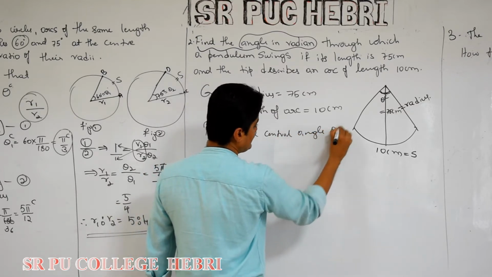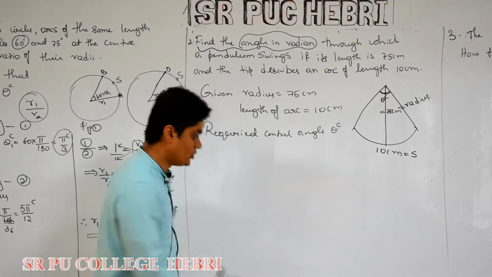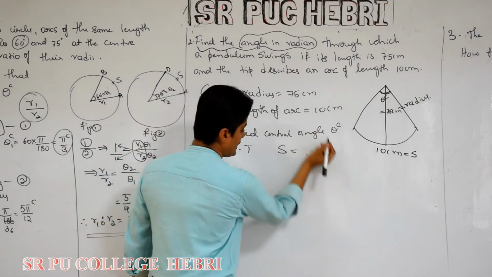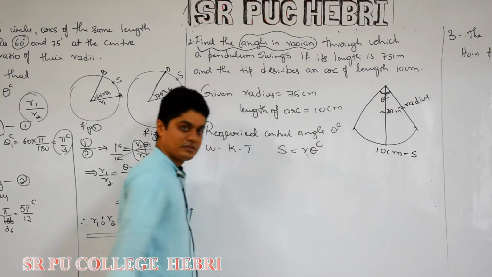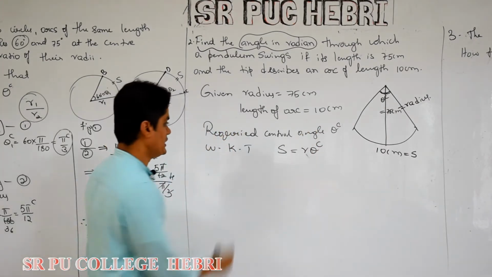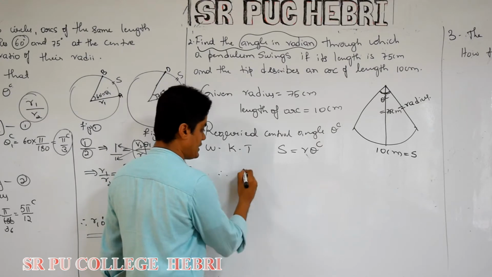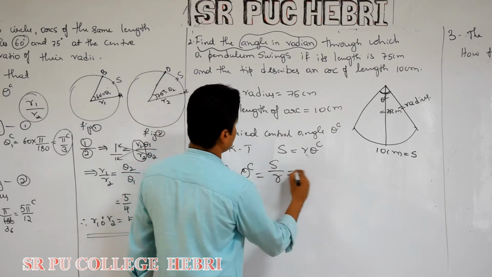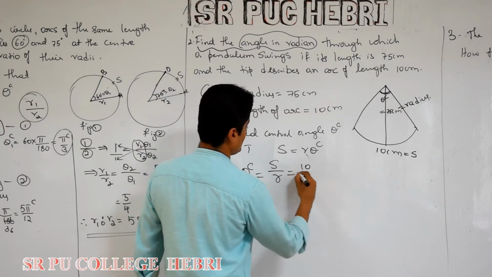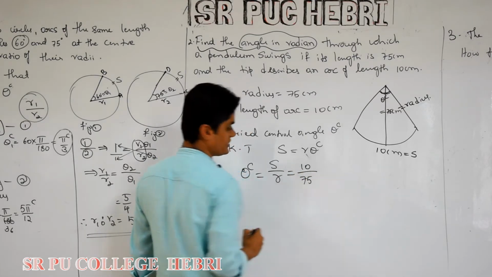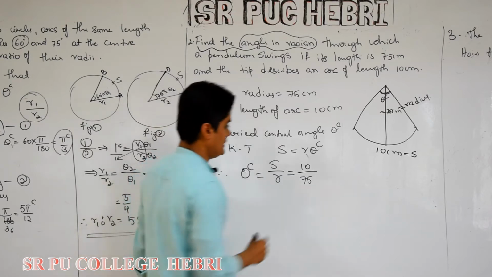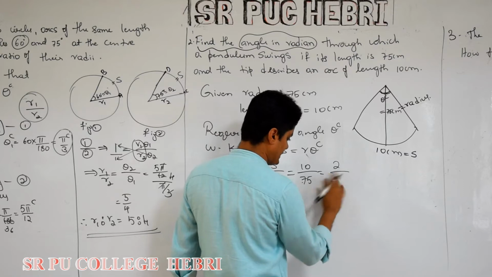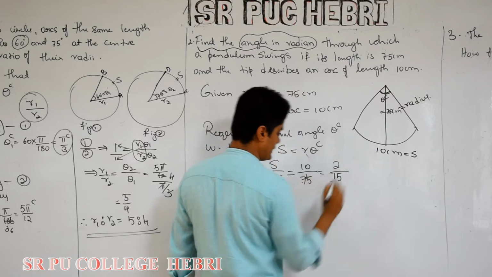And theta radian. What do we know? We know that S is equal to R theta radian. Right? In the previous problem also it is used. Therefore, what is required? Theta radian is required. That is S by R. S is 10 centimeter. What is R? 75 centimeter. Correct? No? So 5 2s are 10, 5 1 time, 2 is remaining, 5 times.